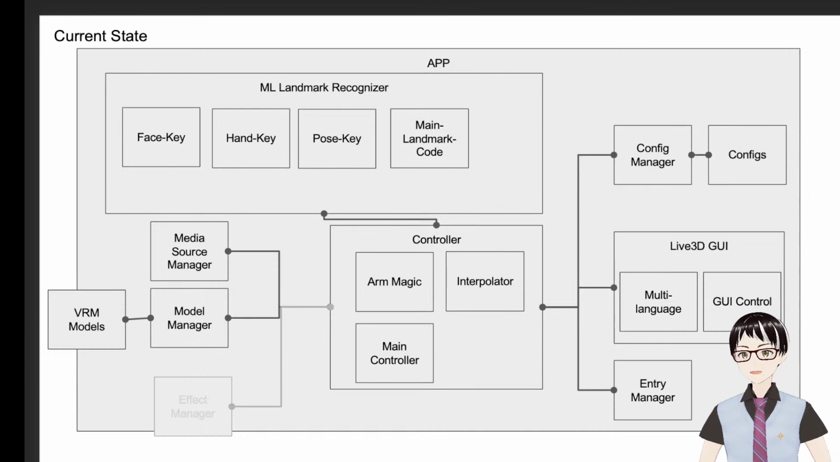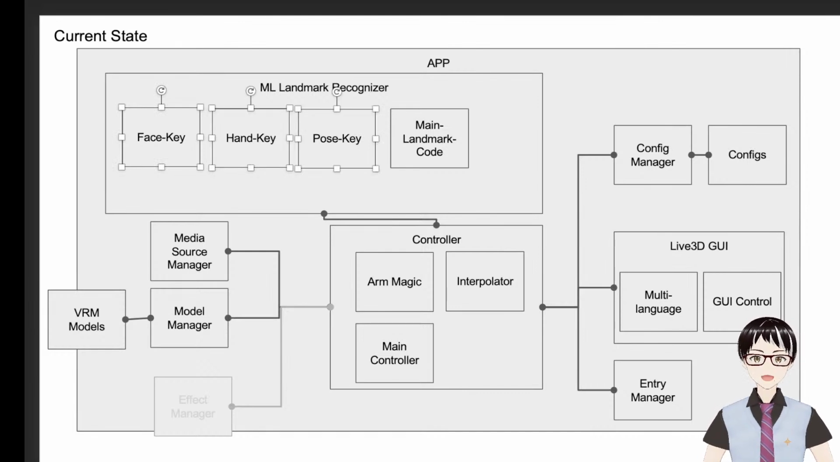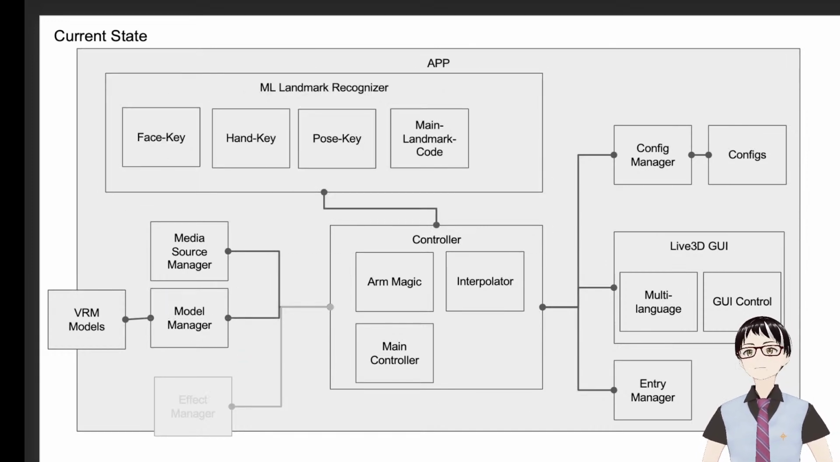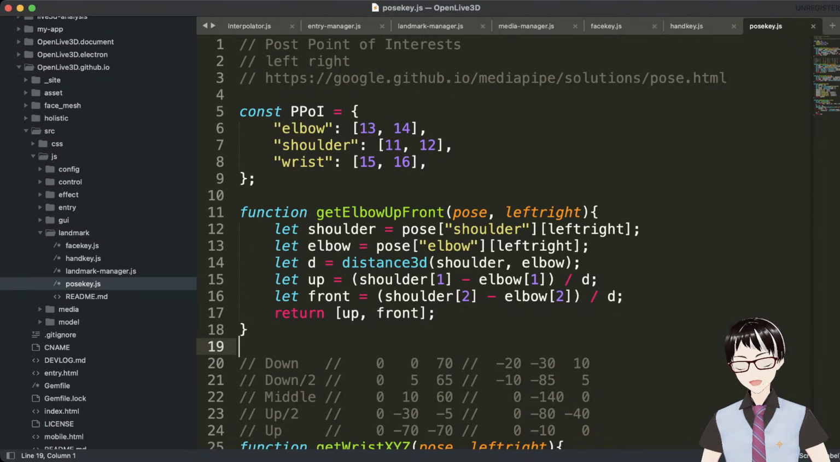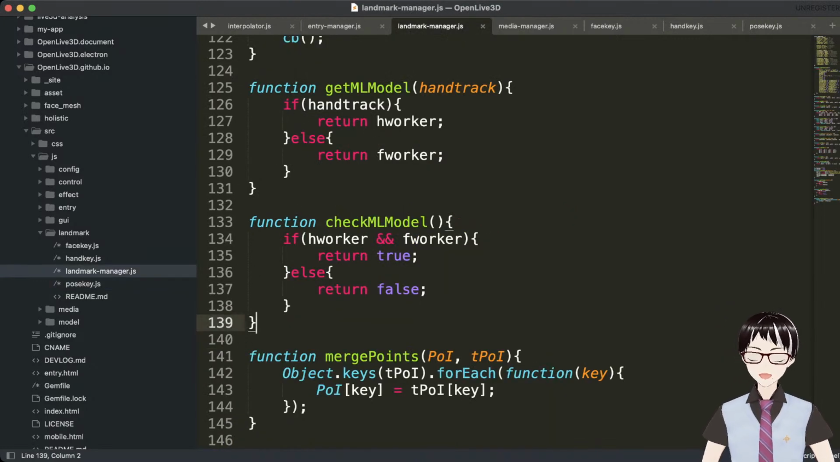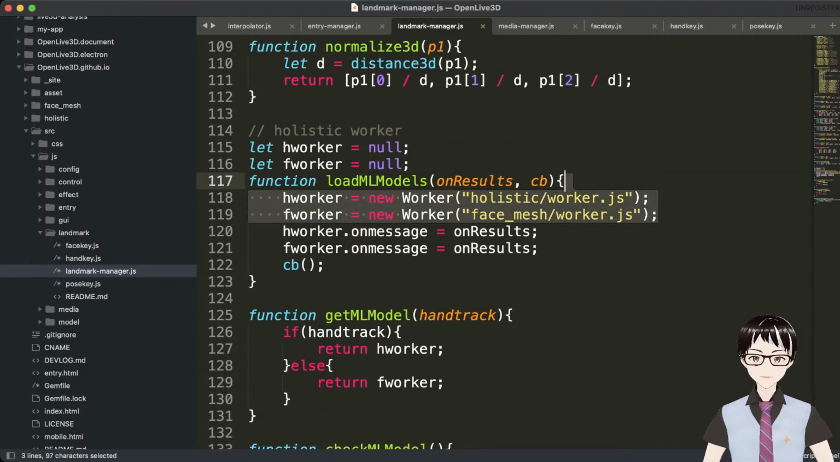So let's just check a little bit. Yes, these are the 4 modules that we listed inside our landmark. But actually, things are not as simple as we thought. We have these 4 listed here, but let's check the code again. Let me show you the ugly part. The ugly part is that inside our landmark manager, the main landmark code, we have here